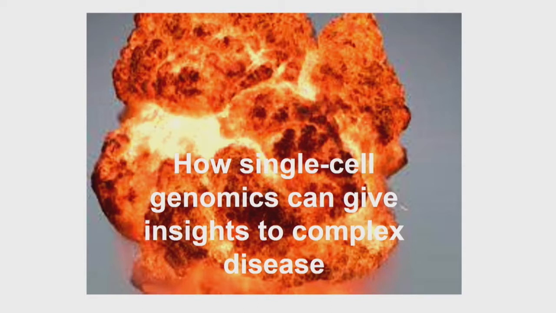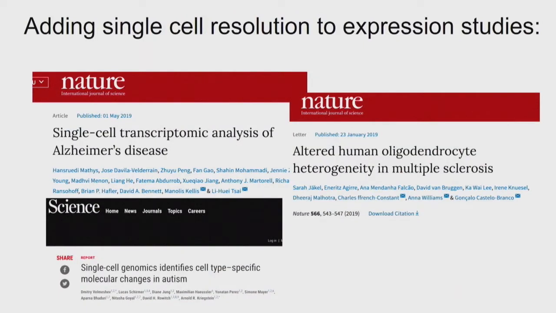And since this is a teaching session, I'm not just going to talk about my data. I'm also going to talk about 3 new papers that just came out. So, of course, the most immediate thing you can imagine is to take humans that suffer from a disorder, compare them to normal people, and do single-cell expression analysis. This is similar to the bulk sequencing efforts that we've been doing for many years, but now you add single-cell resolution, which is great because you're not averaging across different cell types. And just over the last year, 3 papers came out, one on Alzheimer's, multiple sclerosis, and autism.